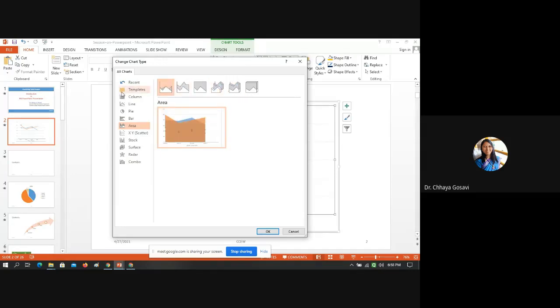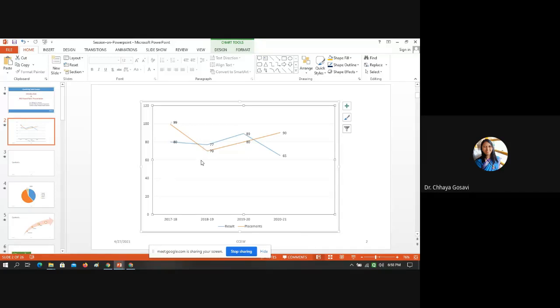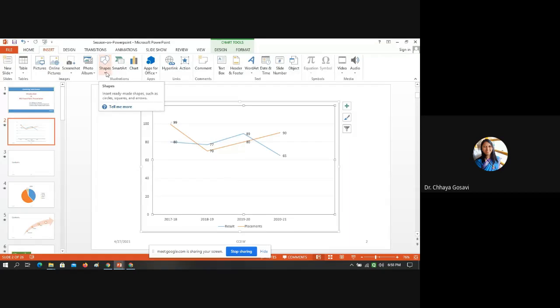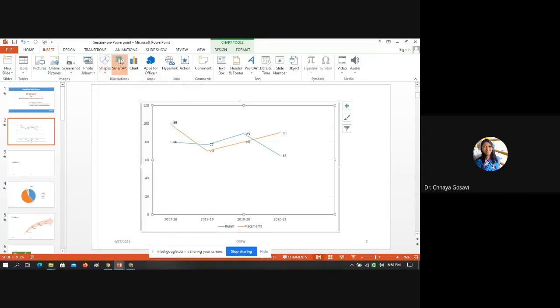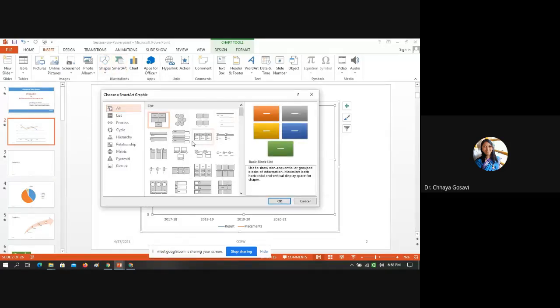Instead of presenting data in tabular form, it is always better to use charts. And these charts work on real-time data; whatever the data, that data is represented in the form of charts. But if you don't have data and you want to use graphics, you can go for adding shapes, either from shapes or from SmartArt. If you want to represent your static data in the form of a hierarchical diagram, or you want to show some tree diagram or cycle, you can choose SmartArt.